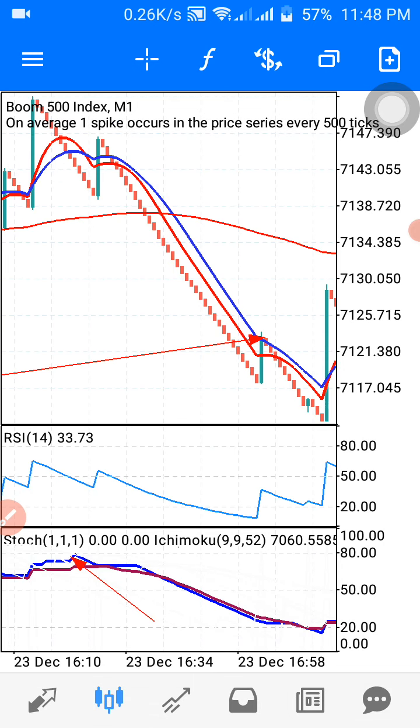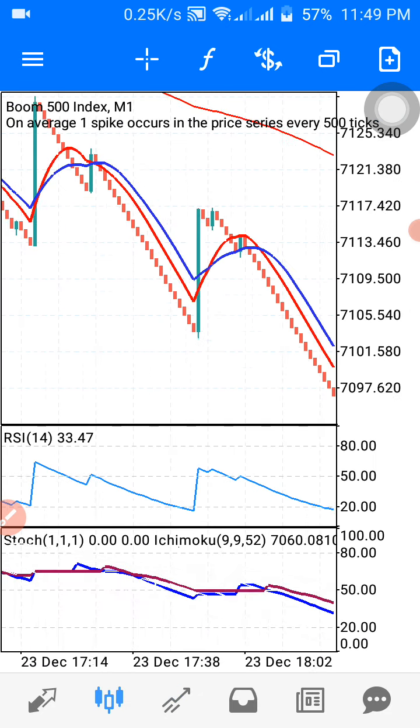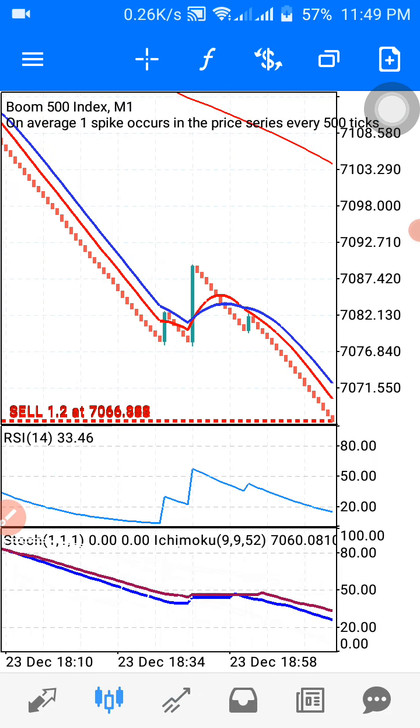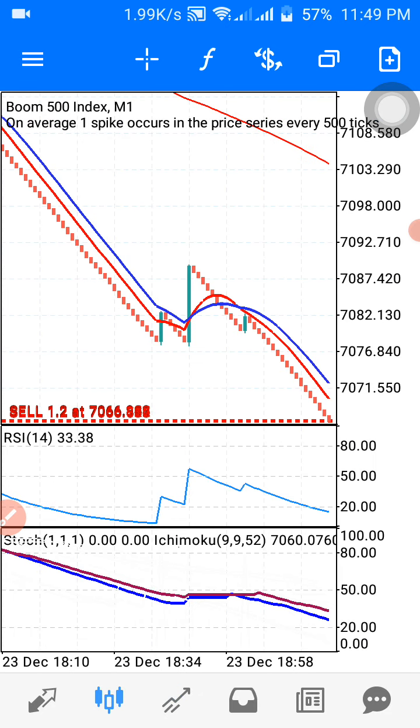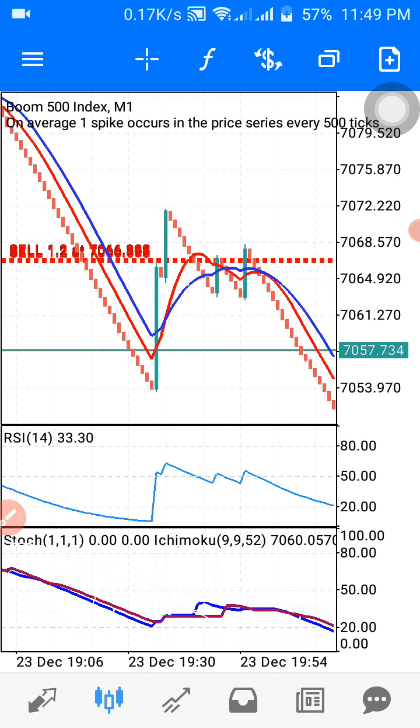You can see, so it's coming down, it's coming down, and if it's about to form an uptrend, definitely you will see the candlestick will have to break through the moving average again. Okay, so you can see this one no,